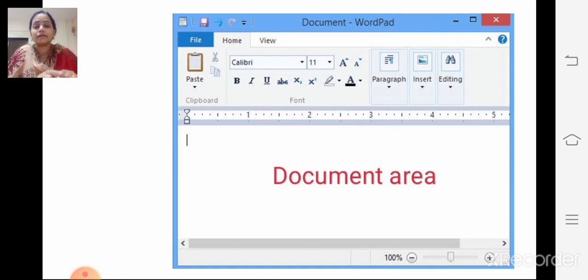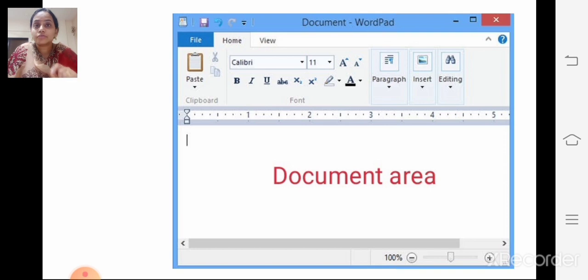That white area is called the document area. This is the main working area where you type the text and edit text. Understood, children? This white area is called the document area. This is the main working area where we actually do our work in WordPad.